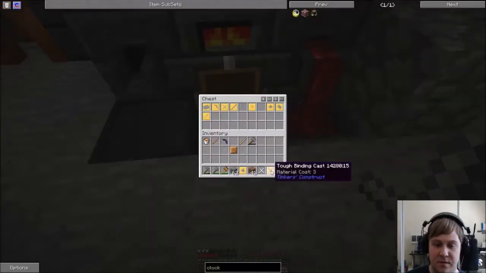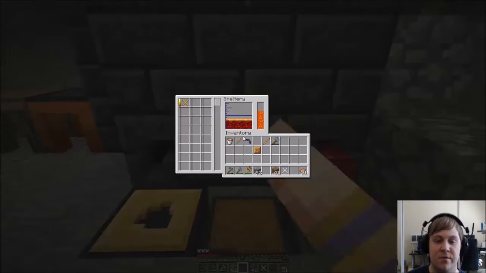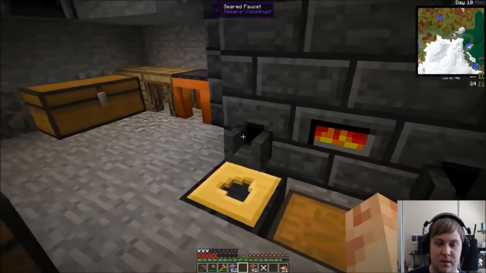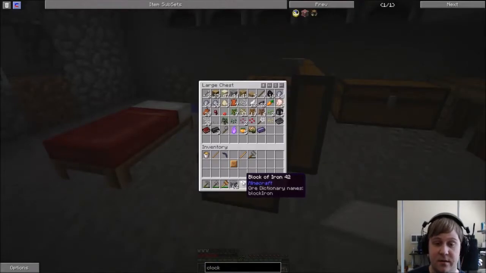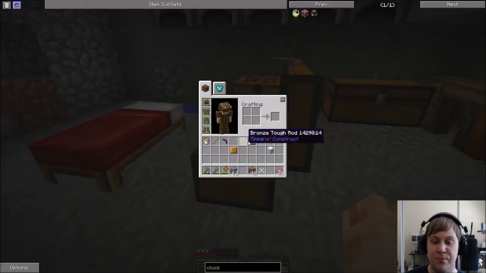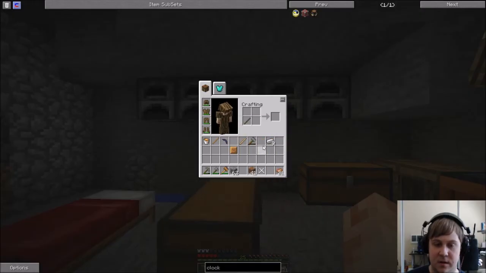Alright. Put that away. Put this back on. As soon as this is done pouring, I can switch back to bronze and pour it out. Molten bronze, all that. Now I have a lovely chunk of iron. Excellent. And you can break blocks down into ingots, which is kind of useful. Let's see if this works. I think it does. No, I need the...